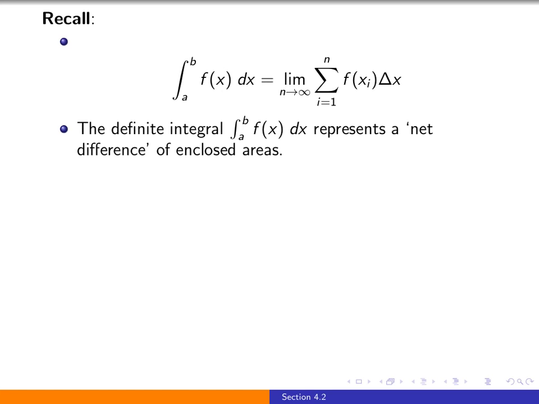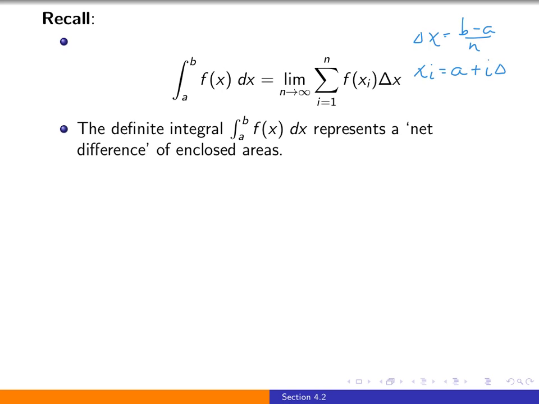In this video, we will begin looking at how we can use the definition of the definite integral, the limit of this Riemann sum, to evaluate these definite integrals more analytically. So a few reminders here before we get going. Delta x, recall, is given by (b minus a) over n, and